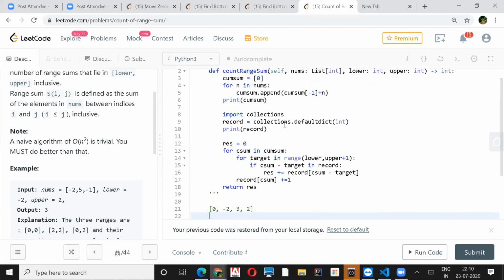On line number 14, your lower and upper plus 1, the range will be from -2 to +3, as per example 1. Lower, it will be like 0 minus the lower number, -2.